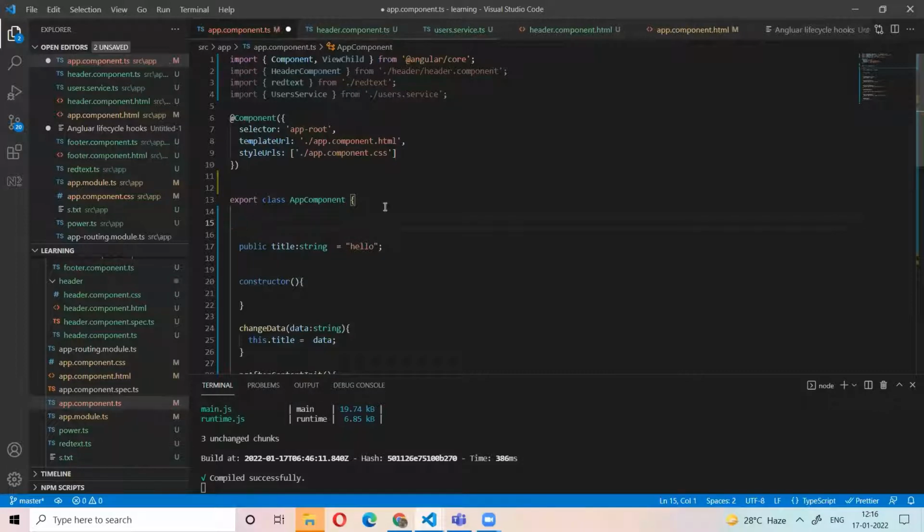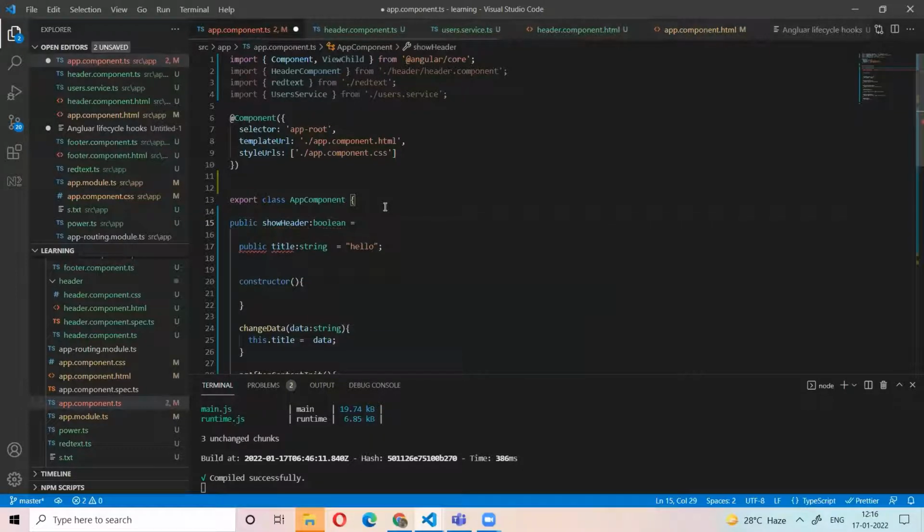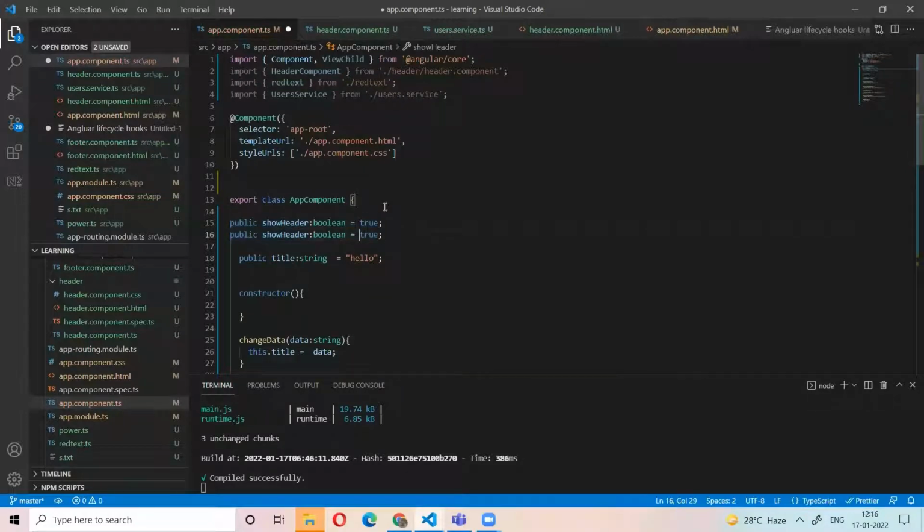I have a variable. This variable is Boolean, initially true. So I have two variables: show header and show footer.